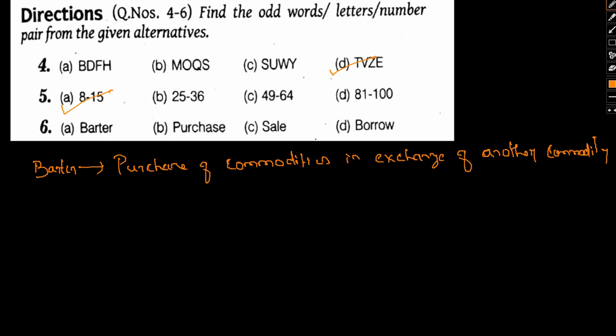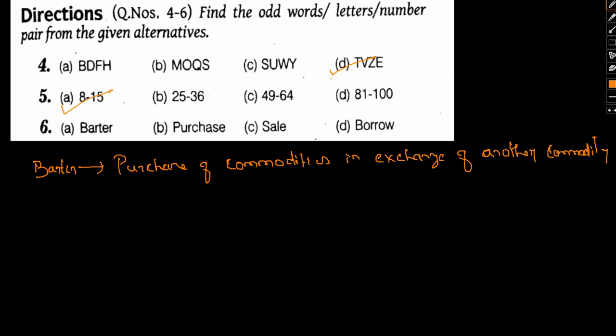So say initially there was no concept of money or anything on those lines, right? So what people used to do, they used to exchange things in this way. Suppose if I needed some rice, I'd exchange a goat for a certain amount of rice, or any kind of livestock for rice, or say milk for some spices, something on those lines. So that is barter. Okay, and purchase, we know if we purchase something, and sale is another.